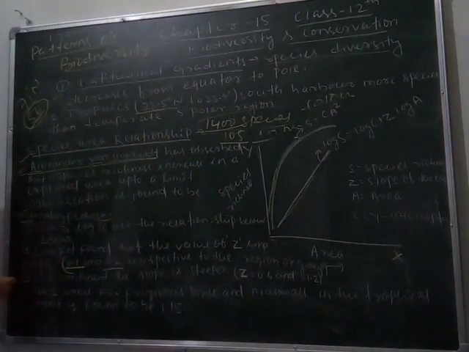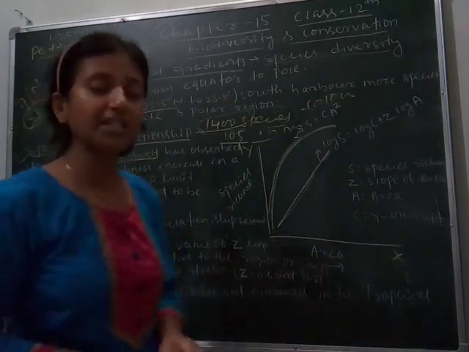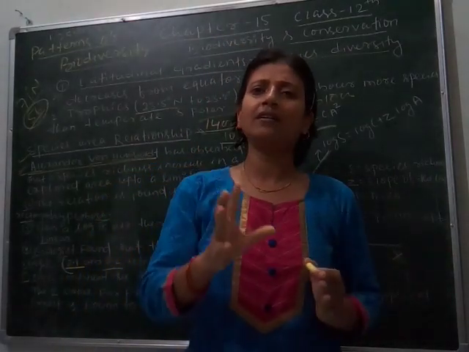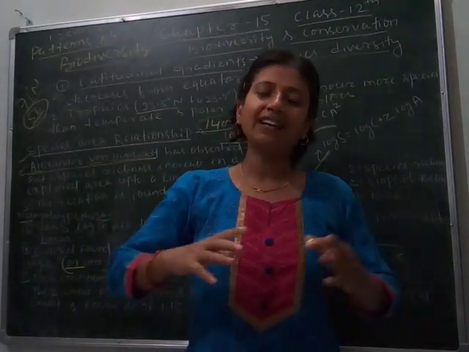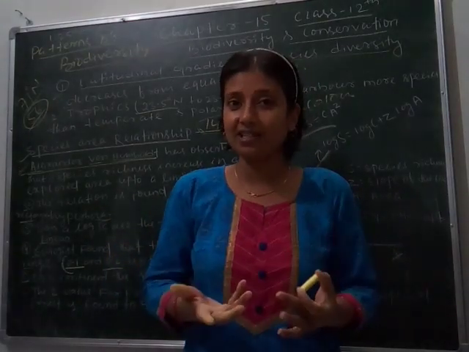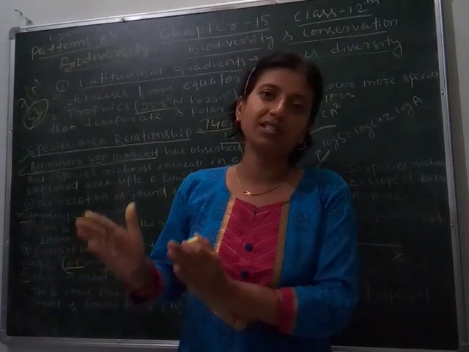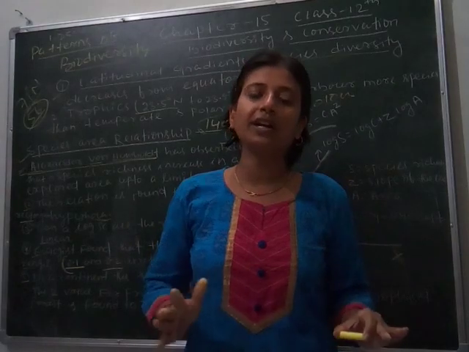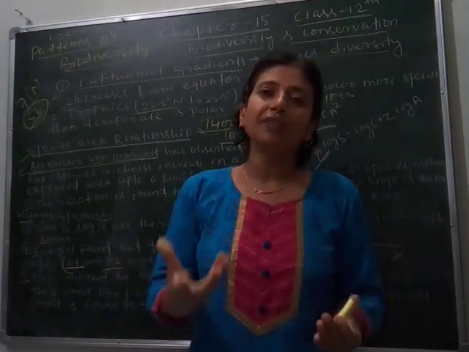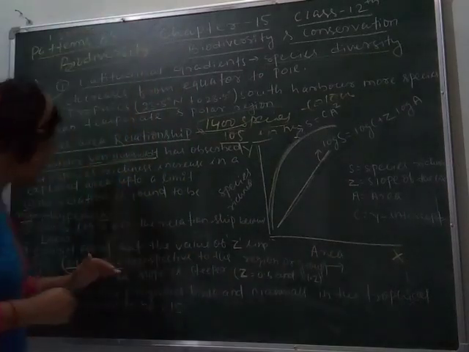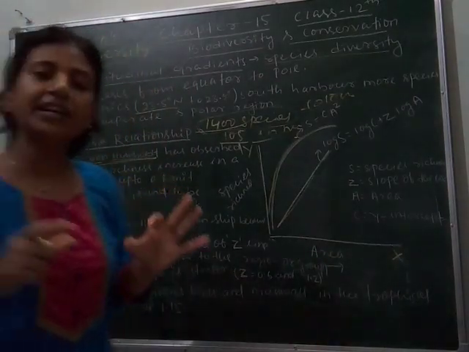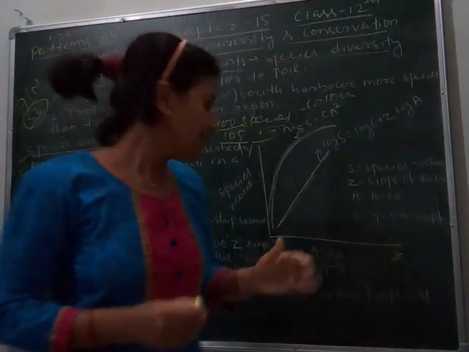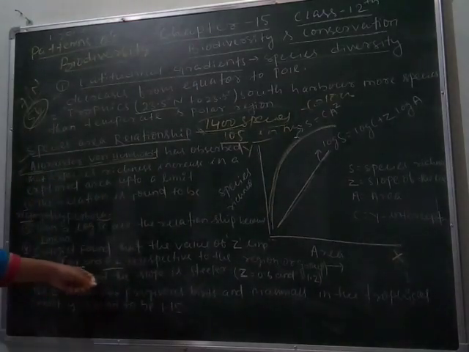Next is, in a continent the slope is steeper. For example, take coconuts. Coconuts are found in large amounts in Odisha, means in our state. But if we look for those coconuts in Rajasthan, then they are limited or we can say no coconut tree is found. If found, then no fruits occur in the plants. So it's not necessary that if an area contains a small number of species, then the whole continent does not have any species. So here we can understand, in a continent the slope is steeper.